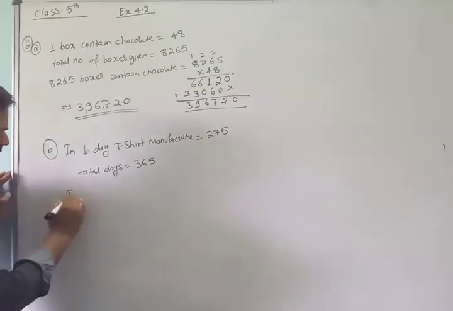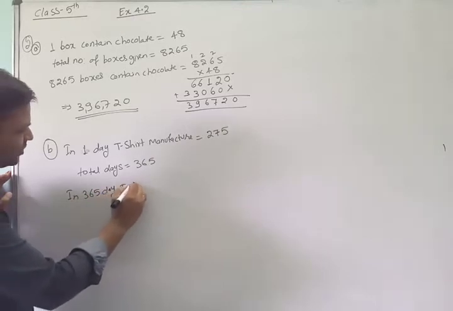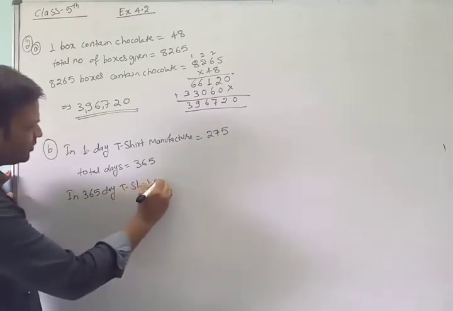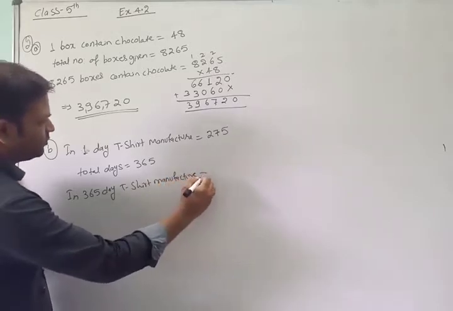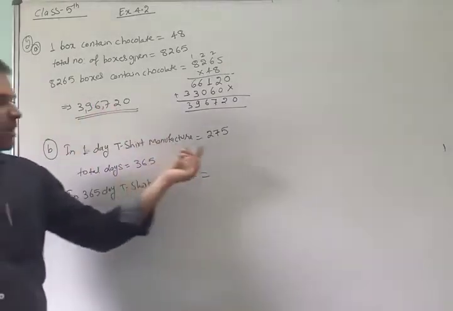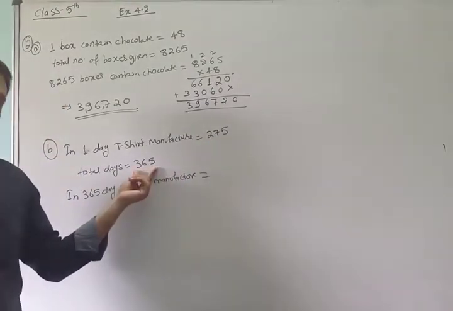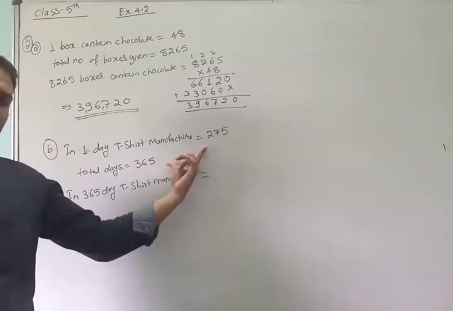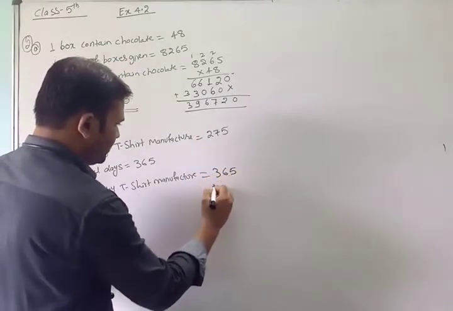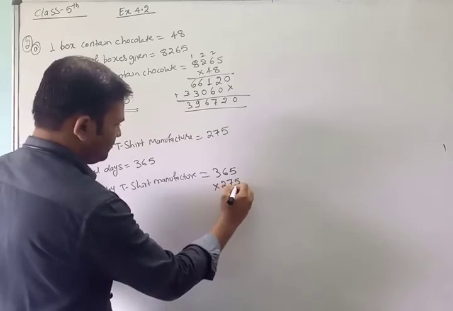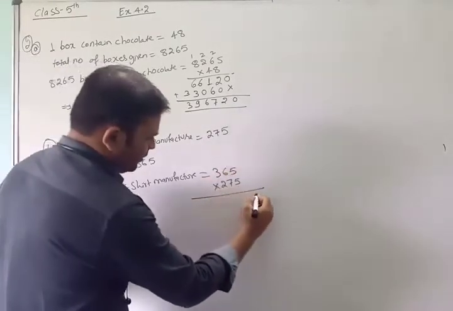So in 365 days t-shirt manufacture is equal to, सेम वन डे में अगर इतना टी-शर्ट बनेगा तो 365 डेज में कितना टी-शर्ट बनेगा? इन दोनों का जस्ट वी हैव टू डू मल्टीप्लाई। सो 365 मल्टीप्लाई बाय 275. 5 5 is 25, 5